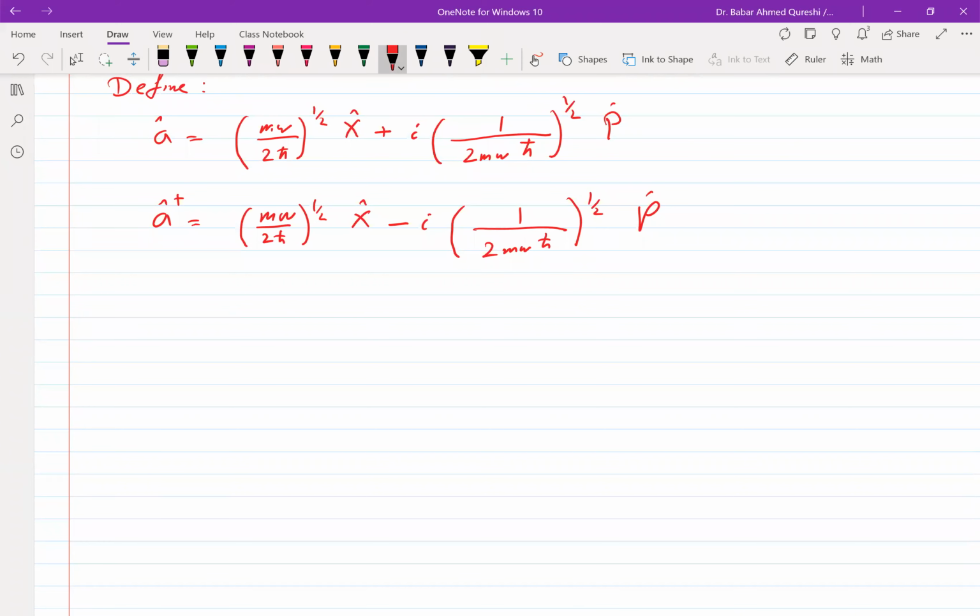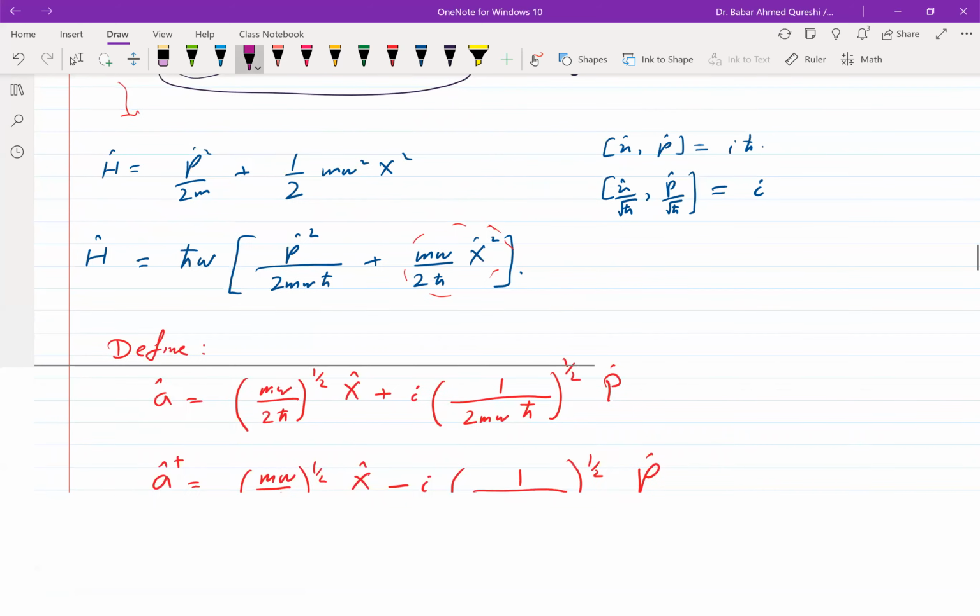But because of this minus sign, I can write x in terms of A and A dagger. If I just add these two equations, I get the expression for x in terms of A and A dagger. And if I subtract these, I get an expression for p in terms of A and A dagger. That will be useful much later. But what is more interesting to note right now is